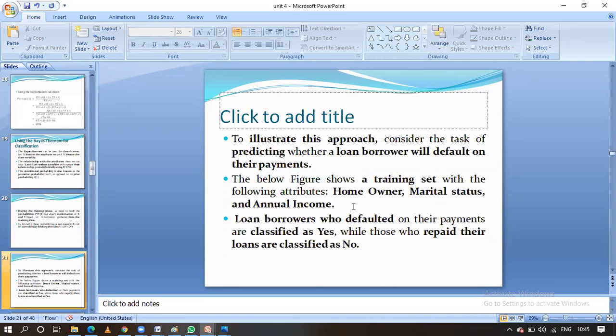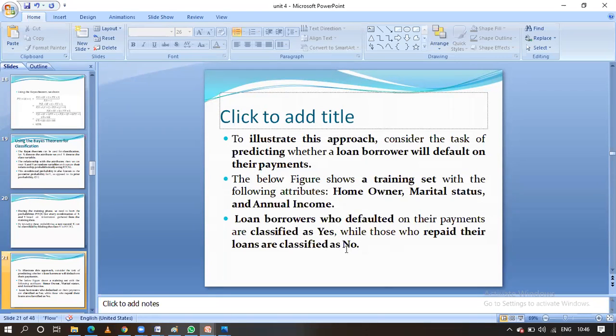From that given information, for any new person, I know whether they are a homeowner or not, I know the marital status information, and I know the annual income information. From that, with the help of Bayes theorem, I am going to find out whether that particular person is paying the loan in time or not. Particularly for the loan borrower or defaulter, that will be classified as yes or no. Yes means they are not paying the loan in time. No means they are paying